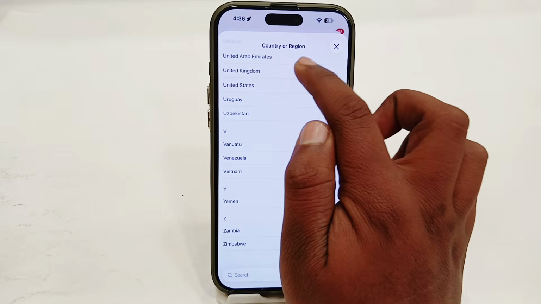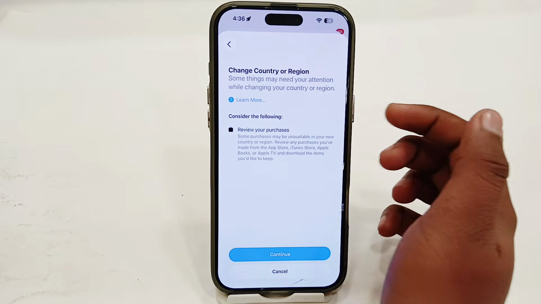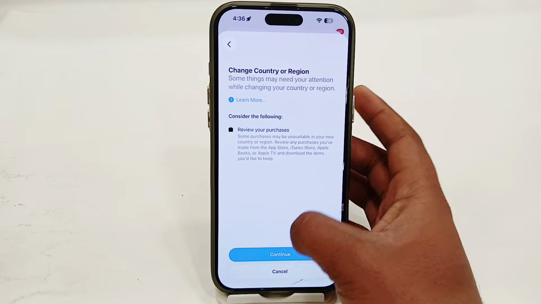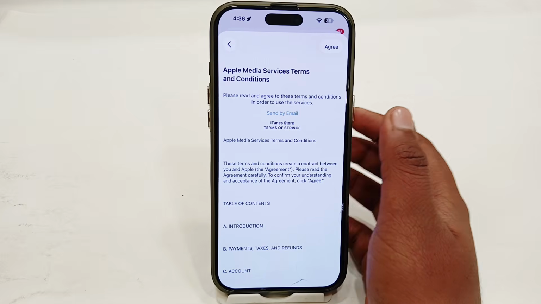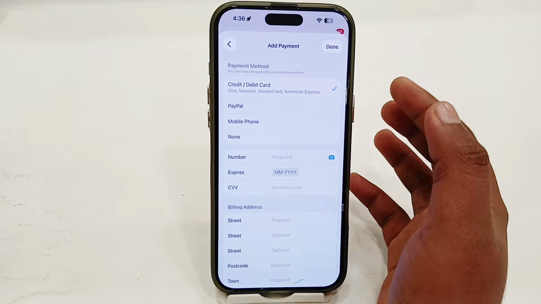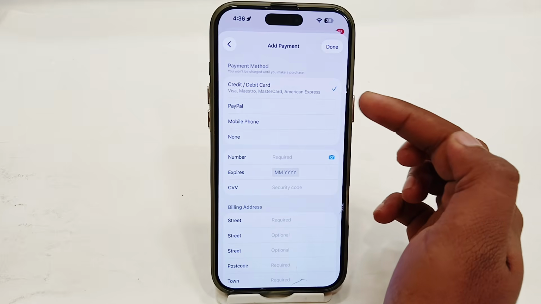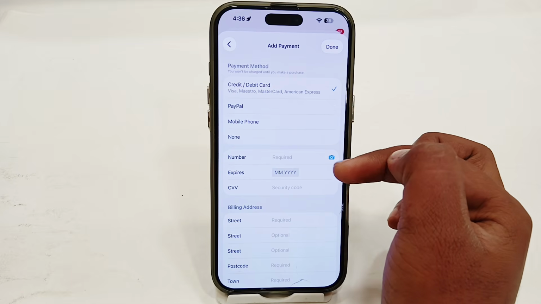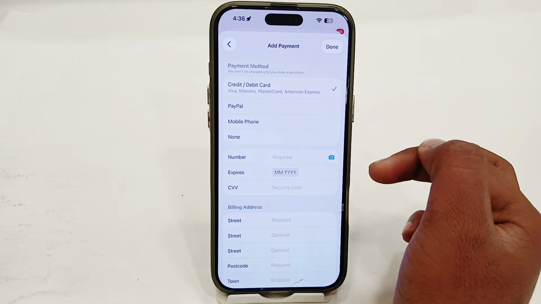I'm gonna select this one because I already selected this. So now just tap on the Continue option here and then tap on Agree in the top right. And now on this screen you have to add your payment method. If you have your credit or debit card, you can easily add the information here, or you can use this